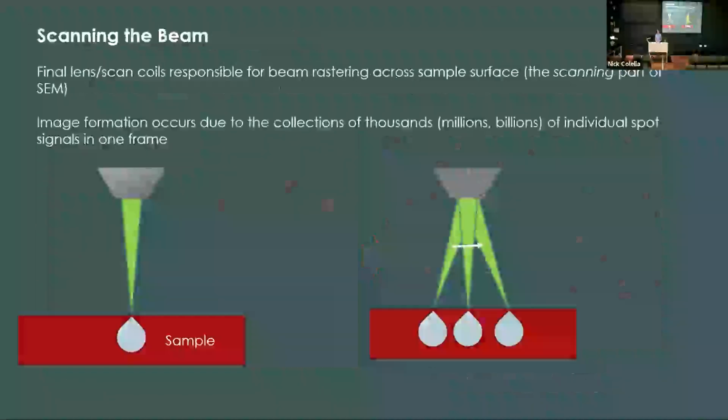So if we go back to this image here where you're seeing the scanning, right, we have some limited amount that we can scan the beam back and forth, which would be this angle. And so if your sample's farther away, that's going to be a greater maximum field of view than if you do it closer to the lens. Often that maximum field of view will be on the order of, I would say, between 1 and 5 millimeters, something like that.